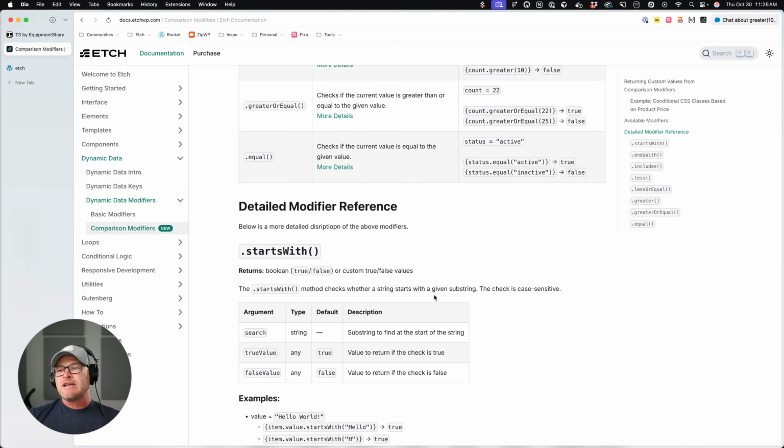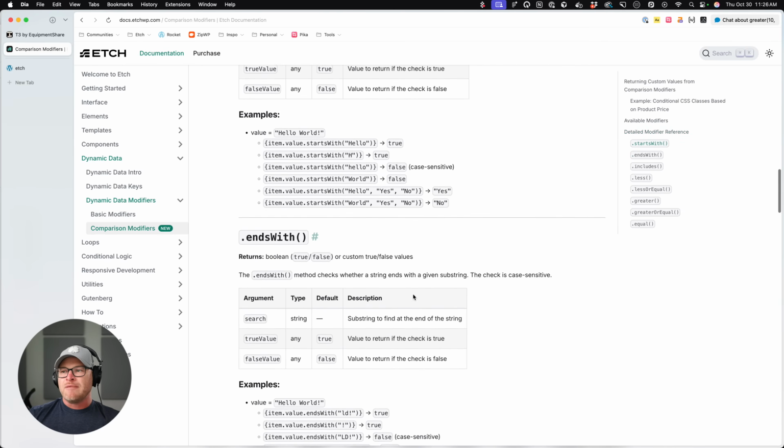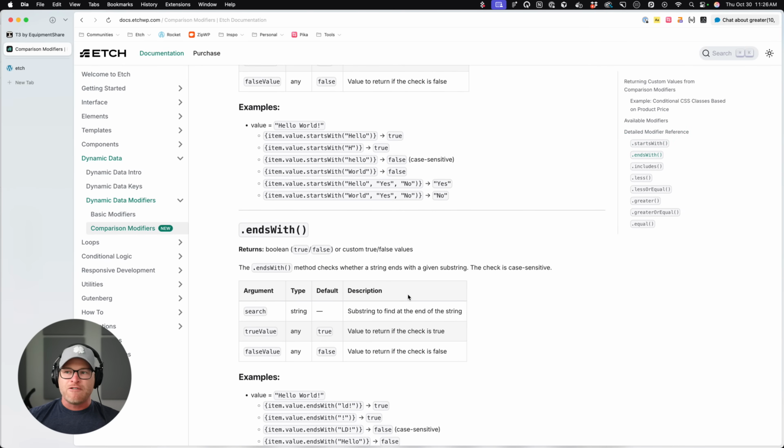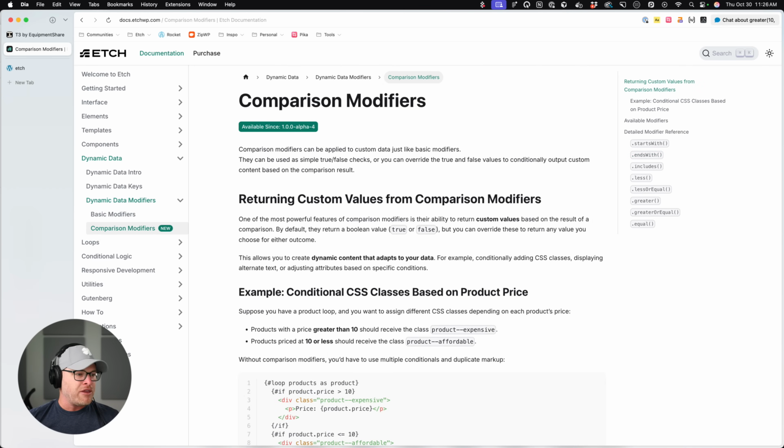Very, very, very powerful stuff. And inline logic was not possible before. You could not do class-based logic, like apply this class if this logic checks out, or apply this class if it doesn't. And now you can. So definitely go read up on those. We did a lot of bug fixes, a lot of stability enhancements, a lot of architectural enhancements throughout the releases in October. And now I want to give you a couple sneak peeks, and then we'll get to demos and Q&A and all of that stuff.